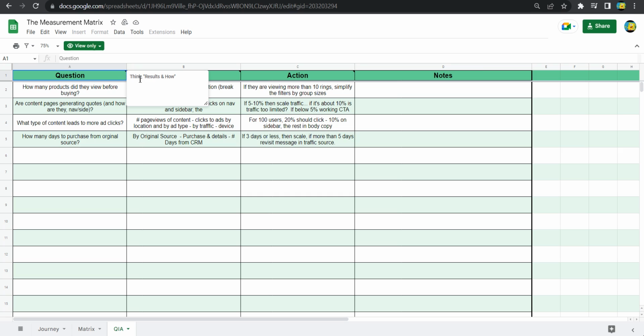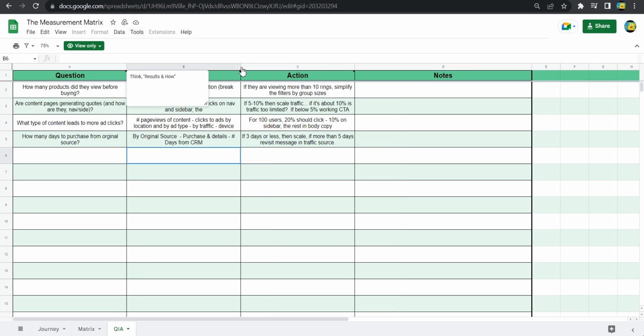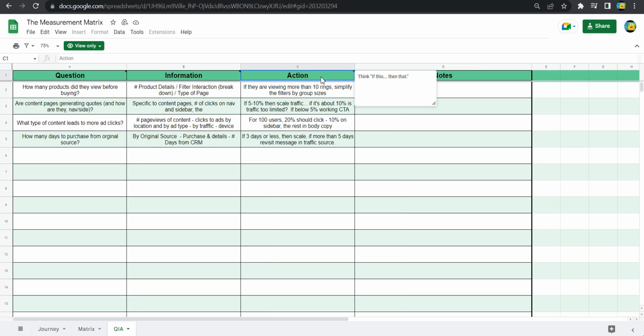So question means think, results, and now. So what questions do you need to ask? And information is what information is needed to answer those questions. And then action is what action will you take after getting the answers to those questions. All right. So as you can see, you have a question here: how many products did they view